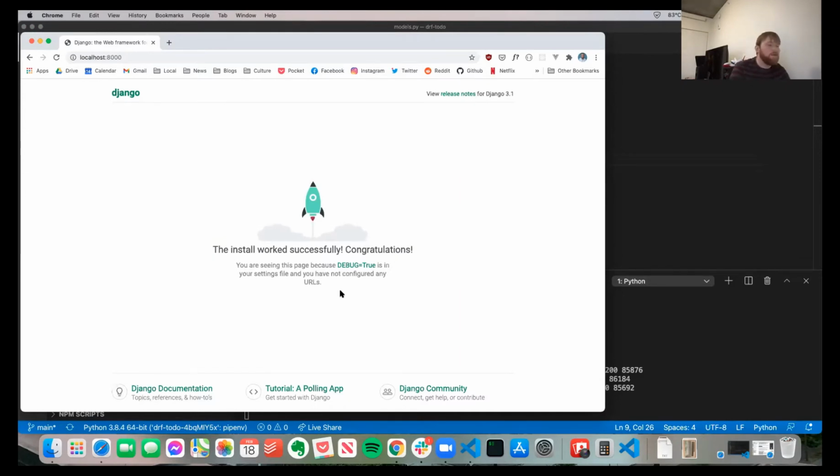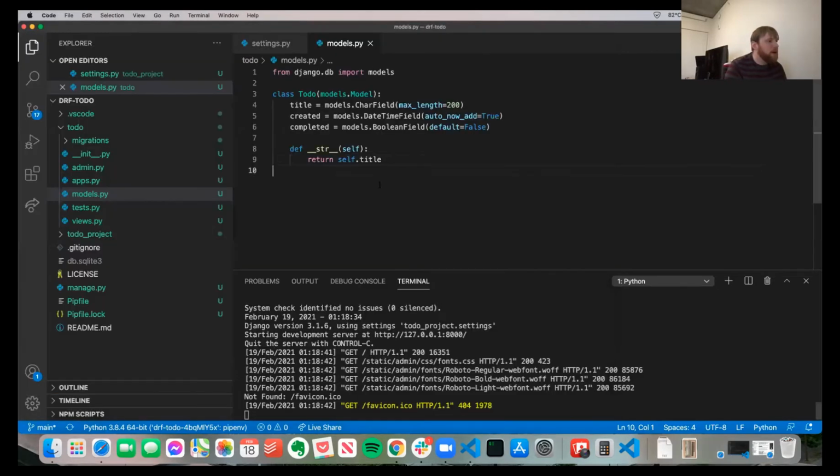So we'll get there. But everything loads fine. I don't see any errors. That means I didn't make any typos. We're all good to go. So now that we have that, now that we have a model, now that we have a Django app, let's